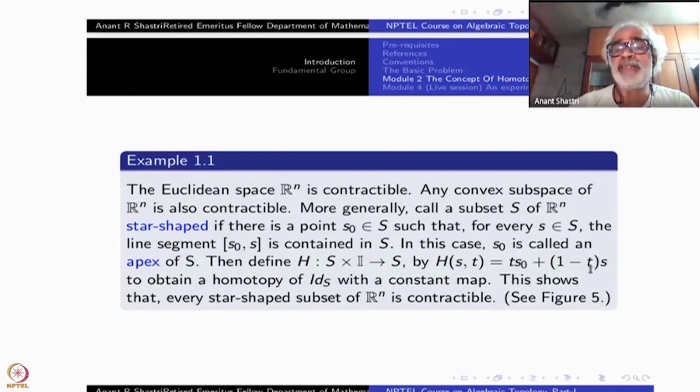So obviously, this is a continuous function. This is just a linear combination of scalar multiples and adding, subtracting, and so on inside a vector space. So all these things I am talking about as R^n. You can have R^n or C^n or any vector space. This will be true. So this will give you a homotopy of the identity map to the constant map. If the identity map is homotopic to a constant map, our theorem 1.1 will tell you that the space is contractible.